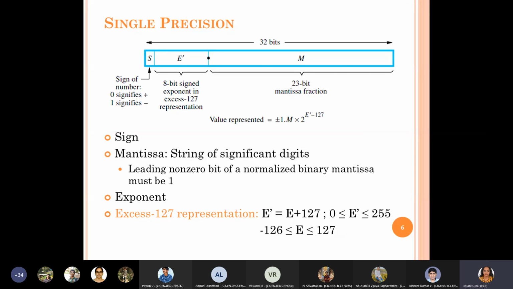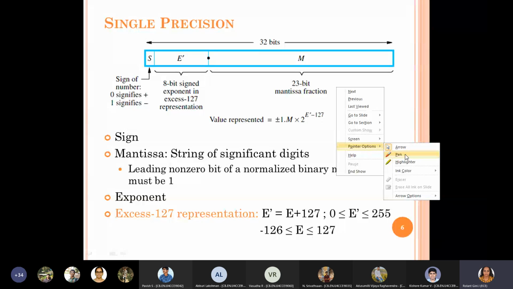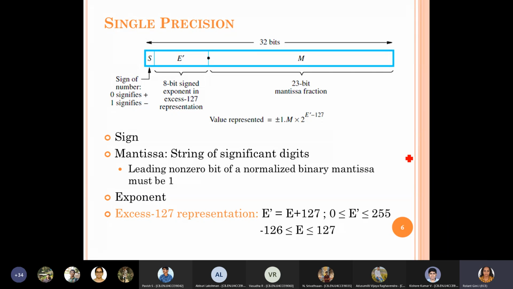Yes, ma'am. Okay, good. So in single precision, I will just brief on this, and then we go for discussing how to use the single precision representation, what the problem is in it, and what other format we can use. So in single precision representation, what we do is we use 32 bits to represent the